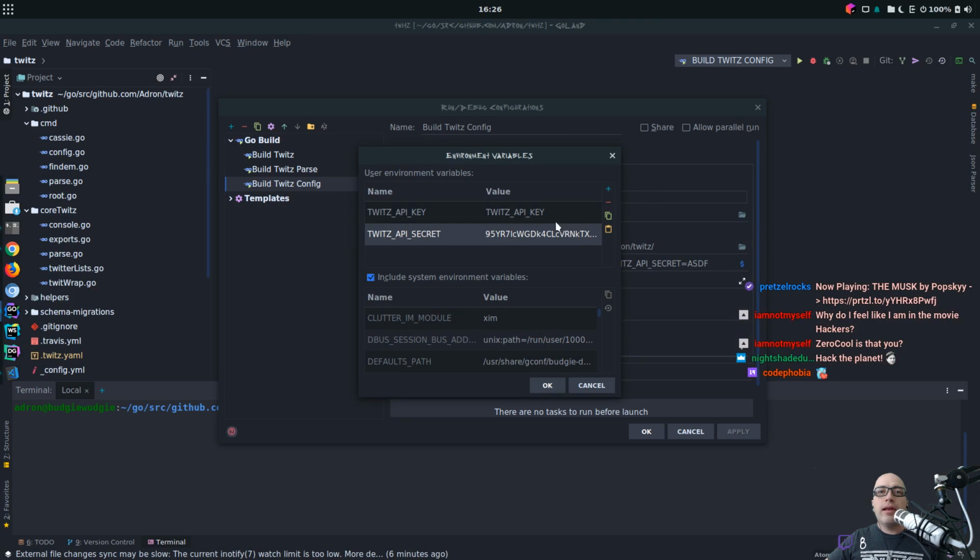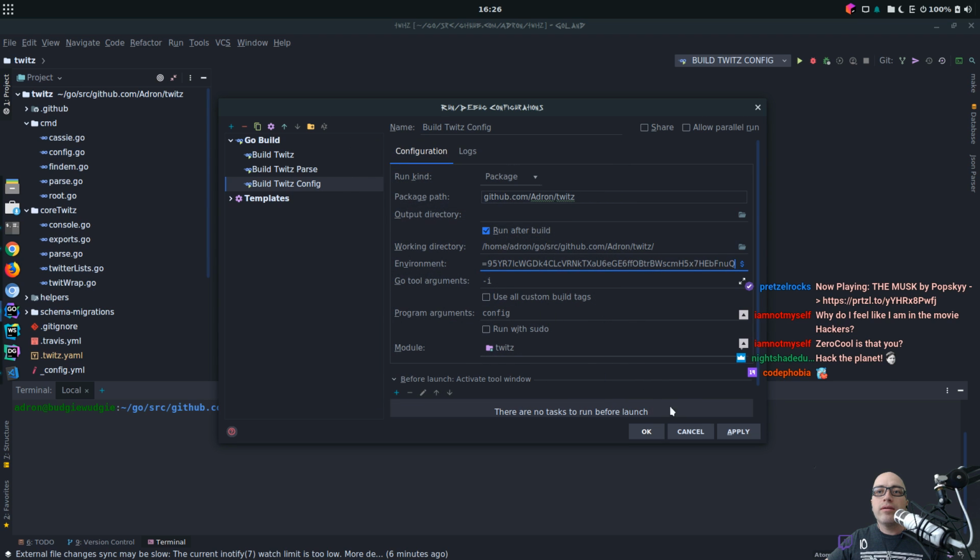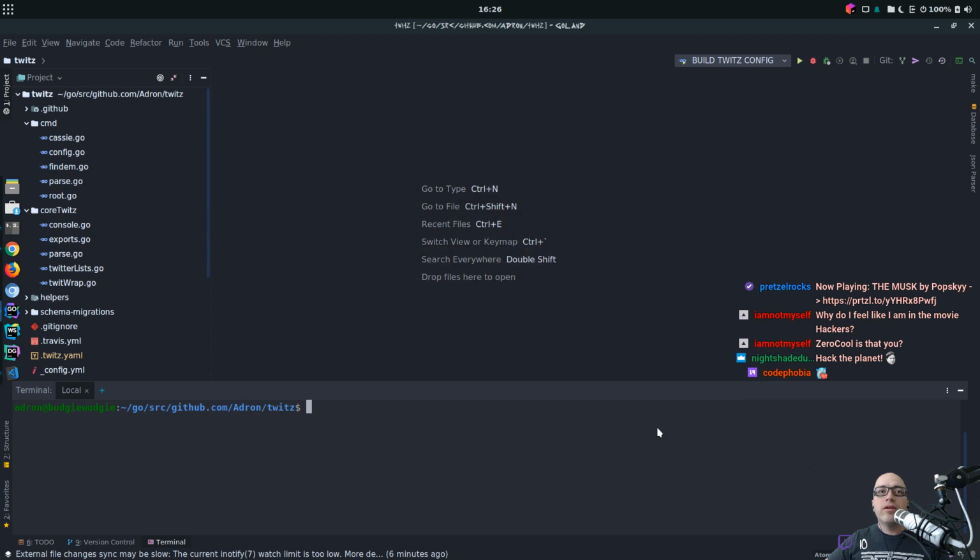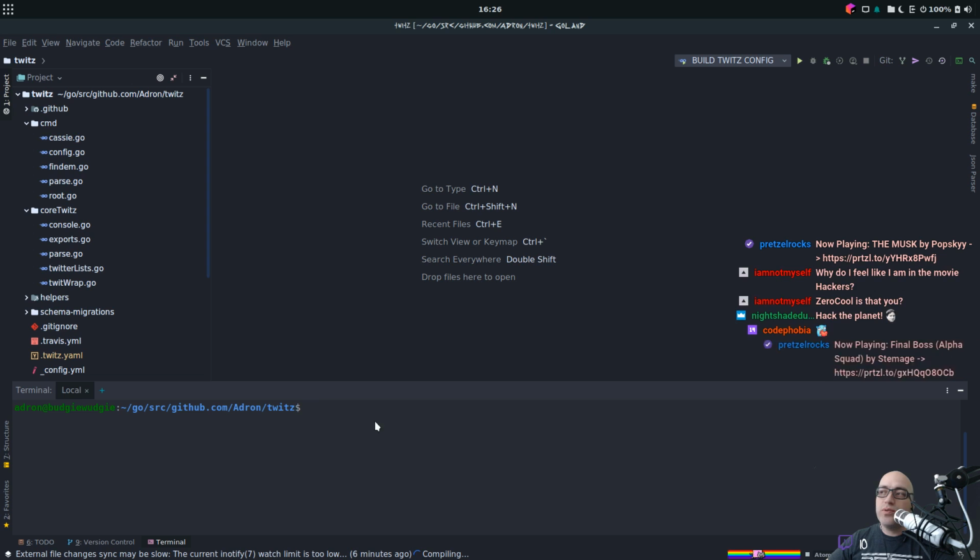Whoops. Like this. Here we go. I think that's right. I don't know, it looks right enough. Yeah, that's the right length and stuff. So with that, now when I do a build for Twitz config,